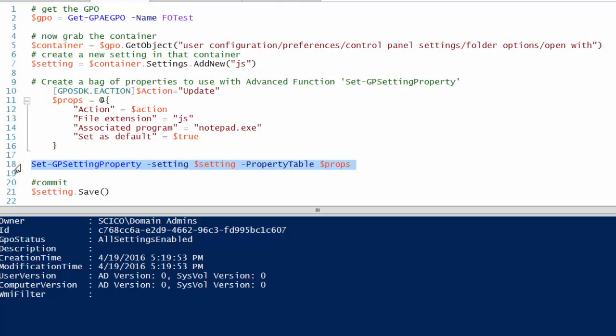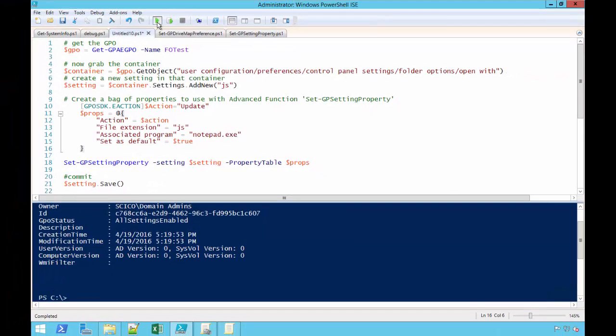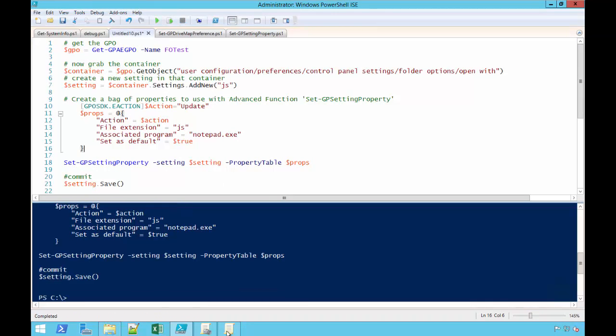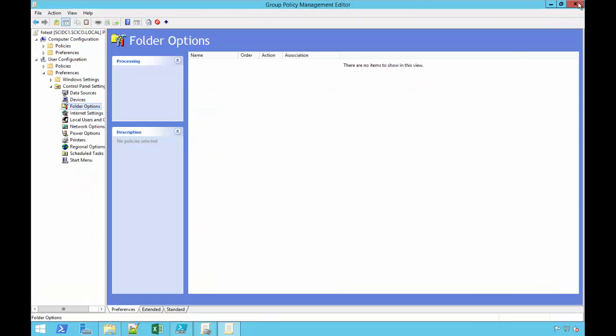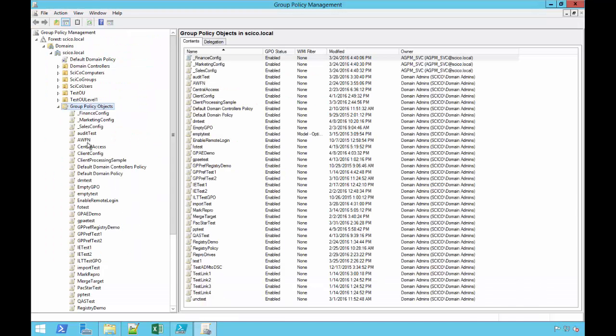This is a script function, advanced function, also Set-GPSettingProperty. That allows me to take that hash table of properties and shove that into the setting that I just created. It makes it a little simpler. I can do individual put methods, setting.put, to put these different properties in there. But this is a nice sort of clean way to do it. And then save it. I'm going to say go, run my script. It says it did it. Let me close this guy out and look at my,